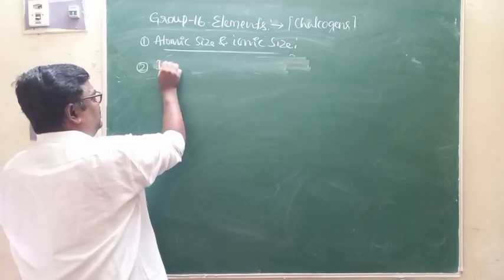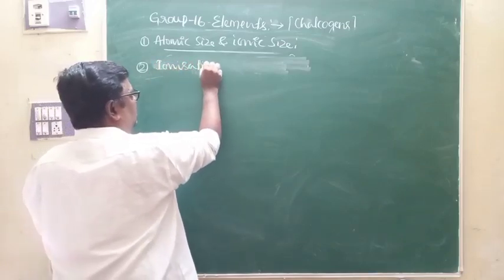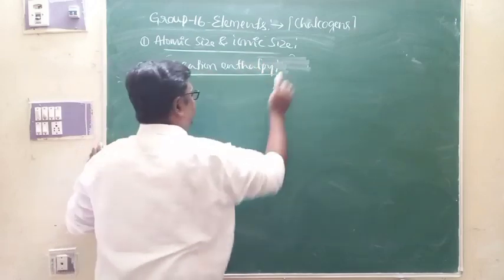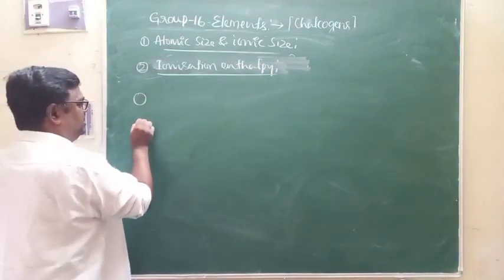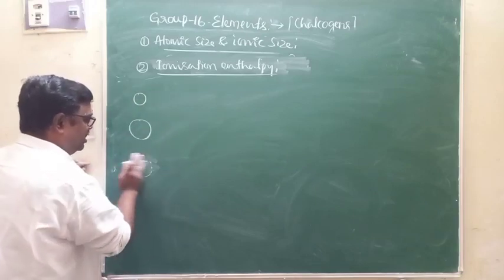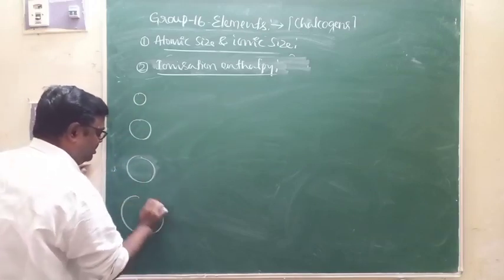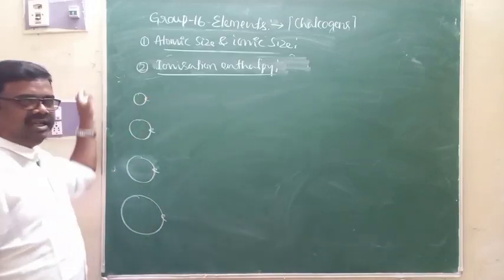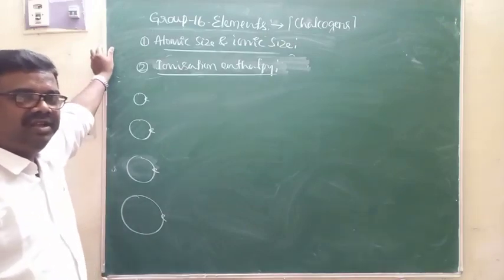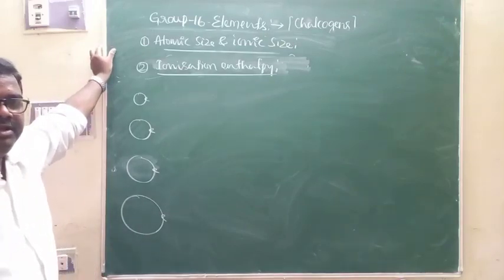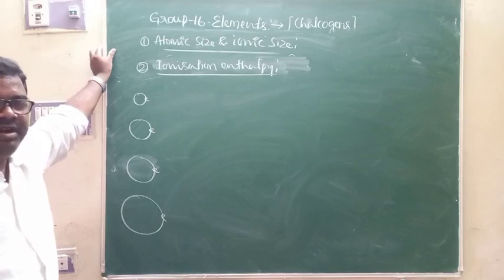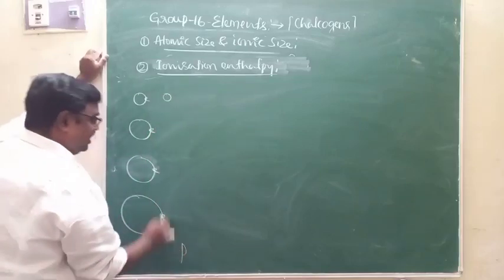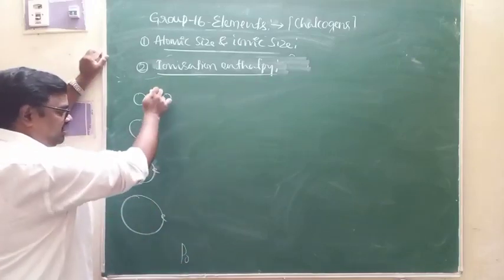The second one is ionization enthalpy. Simply, ionization enthalpy is the amount of energy required to remove one electron from the valence shell of a neutral isolated gaseous atom. That is called ionization enthalpy. From oxygen to polonium, on moving down the group, what happens? Atomic size increases,